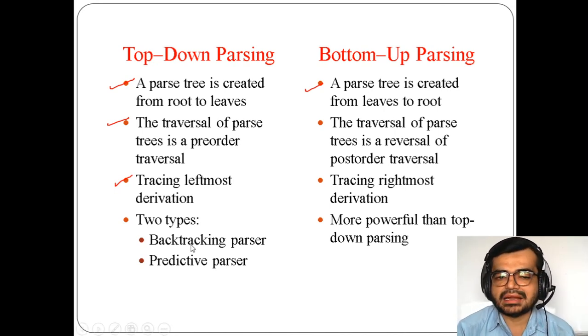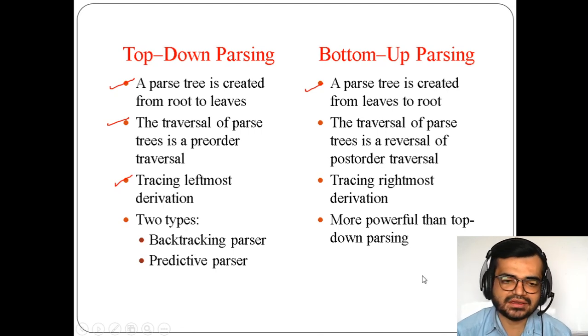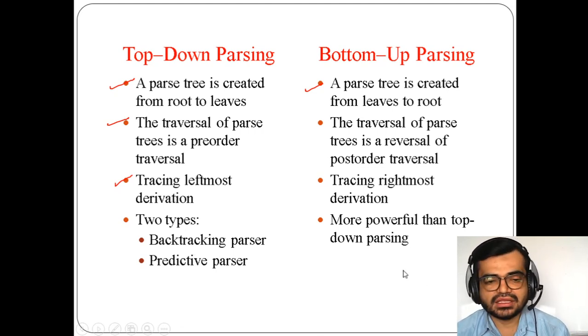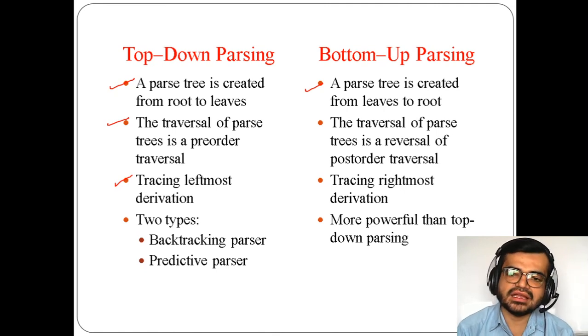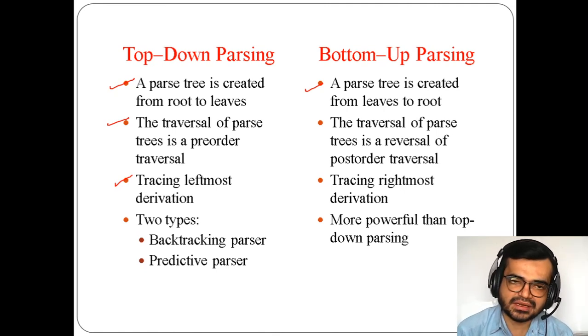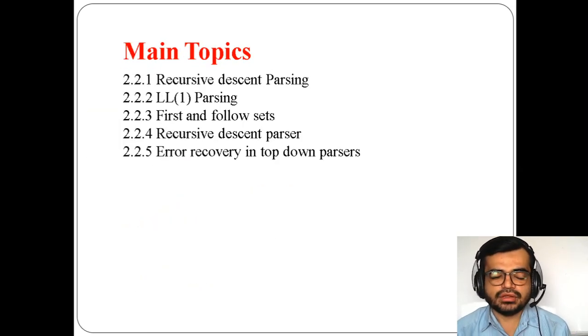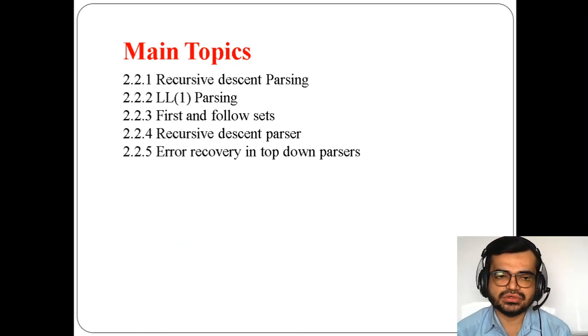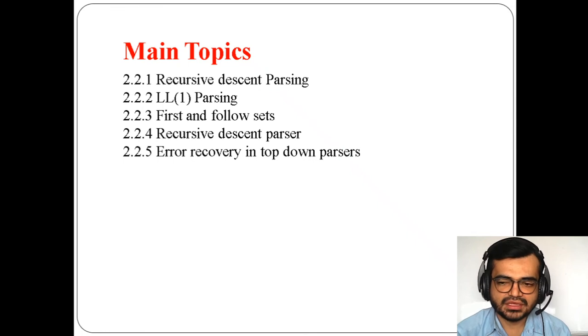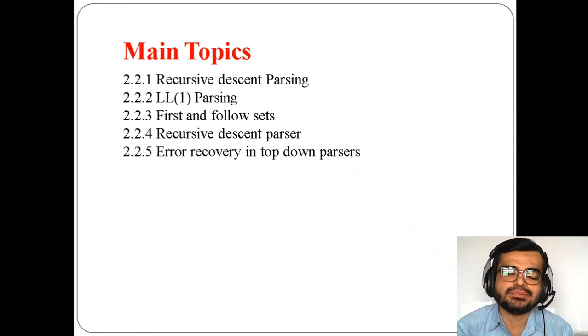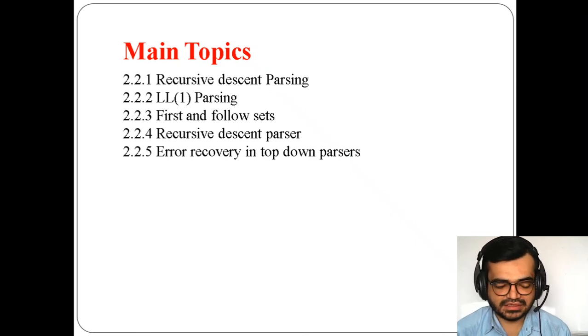And we'll be discussing the backtracking parser and the predictive parser, which are the two types of parsers, in the next coming few classes. So this is regarding the basics of top down parsing and bottom up parsing, and how top down and bottom up parsing work here. Okay, with this I complete this session today, and in the next session we'll start the types of parsing which are used in top down parsing methods, such as recursive descent, which is just now we have seen backtracking. So that backtracking is performed in recursive descent parsing, and LL1 is your predictive parsing. So that will be discussed in the next class.